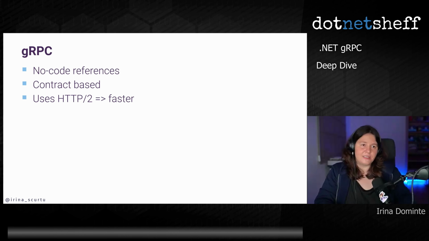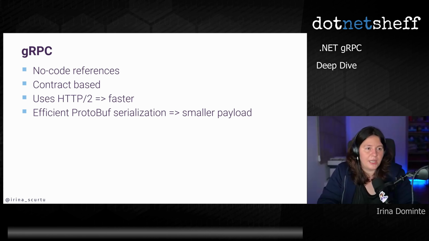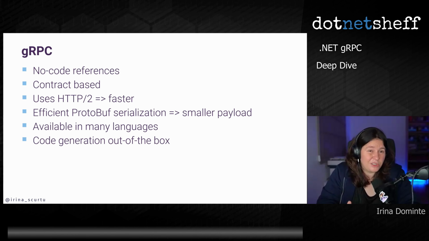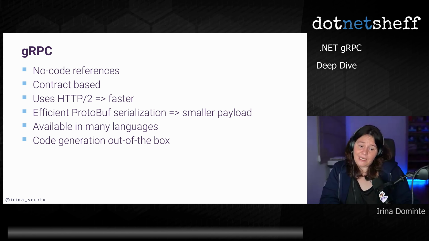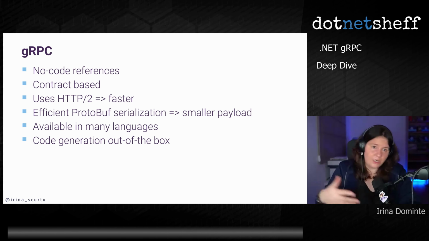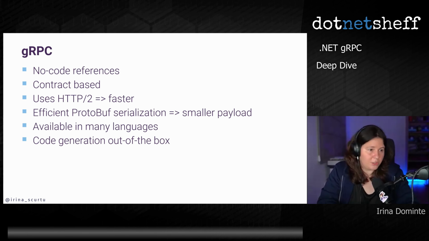HTTP2, which is inherently faster due to how it's built. It uses another kind of serialization that ends up having a smaller payload because it's named protobuf and it's binary, okay? And it's available in many languages. And being available in many languages, we will also get this code generation. So if we have a gRPC service that is written as a business logic in C#, now we could obtain the same business logic written in Go or in Node.js. So now we could have .NET consuming Node.js and vice versa without doing too many changes because we have this